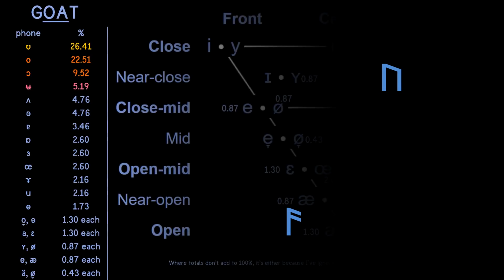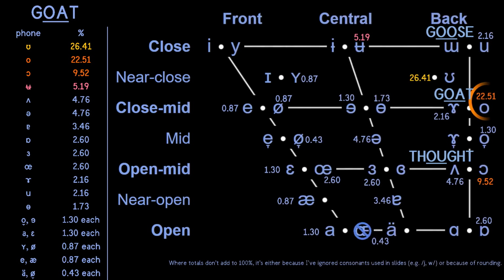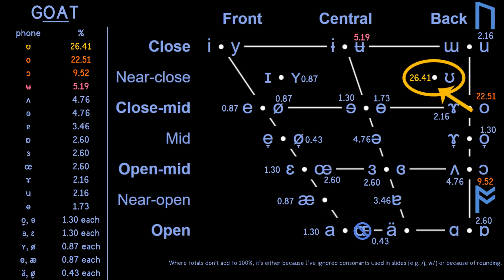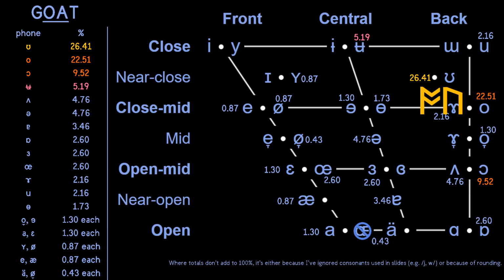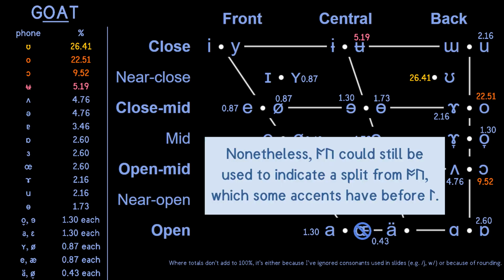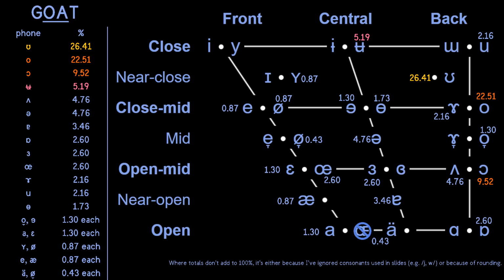The goat vowel begins squarely between goose and thought. Given how there is no single rune representing that position, and that it slides anyway, ors ur fits the bill well. Some of you might protest that the word soul was historically written with the digraph arc-ur. However, may I point out that at the time that slide began with an open vowel, so that made sense. But for most speakers today, the goat vowel is much more closed.